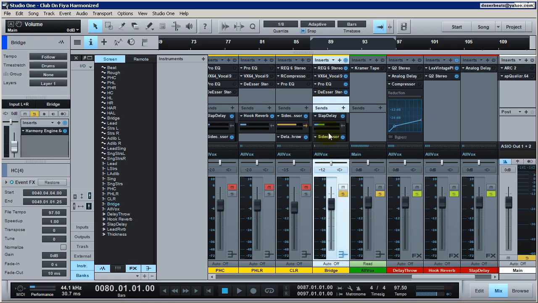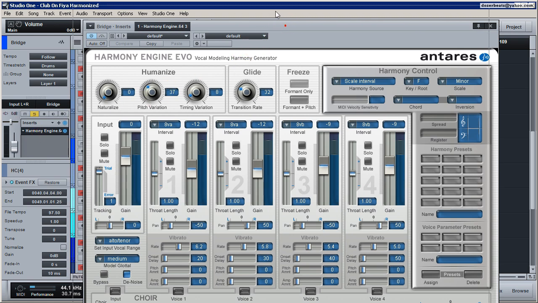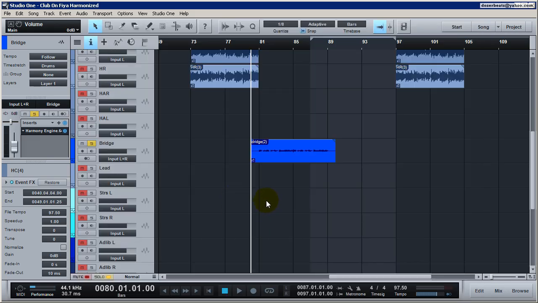Now, the bridge. What I have done is I put the harmonizer on there, and here's the settings that I used, and this is going through the whole entire bridge. There's no automation. I have the 50 left and 50 right, so my two highs are 50, my two lows are 50 left and 50 right. And the reason why I chose 50 left and 50 right is just because I wanted to do that,